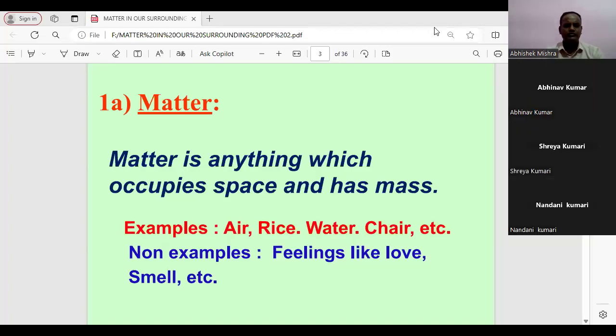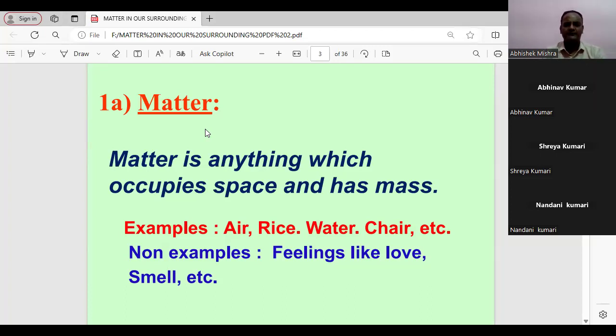Good afternoon, students. Today we will be rediscussing the chapter Matter in Our Surroundings. Though we have discussed this chapter, once again we will be revising the key